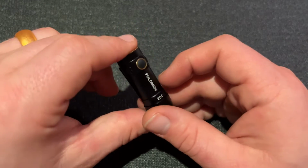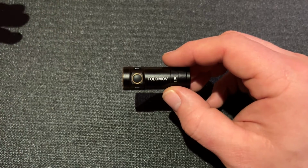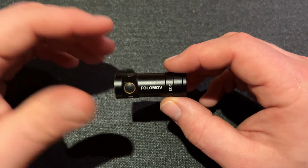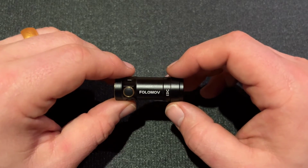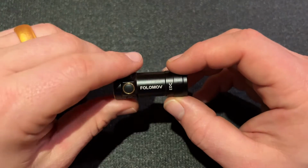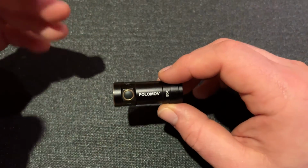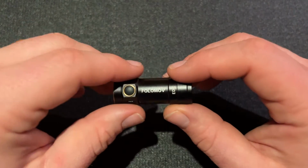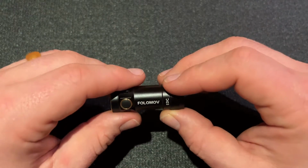But being a flashlight enthusiast like I am, and probably if you're watching this, you at least have some sort of enthusiasm for flashlights, I can really appreciate the fun factor. So it is tiny. It's really, really small. Again, I want to really emphasize this is a tiny, tiny little flashlight. And that's cool, right? It's fun to have a super tiny little flashlight that's still really, really bright. Compared to even this Olight, it's much brighter than that. So you get a lot of brightness out of a really, really small package